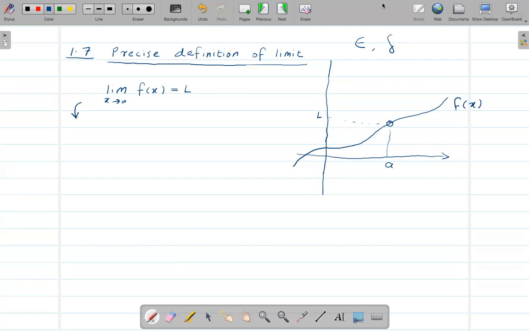So here, the limit definition says that for every epsilon greater than 0. So epsilon is some constant that is greater than 0. When you talk about epsilon, we can think that epsilon is going to lie on the y-axis. Let me write the whole thing, and I think it's easy to explain from that. For every epsilon greater than 0, there is a number delta greater than 0, such that